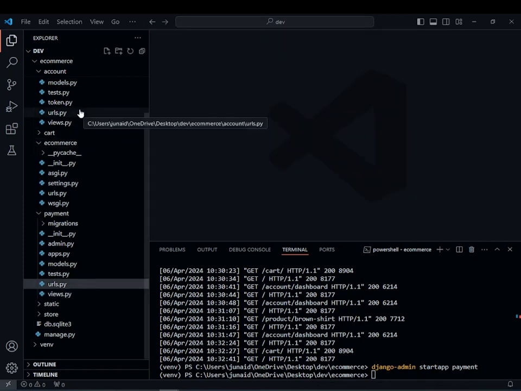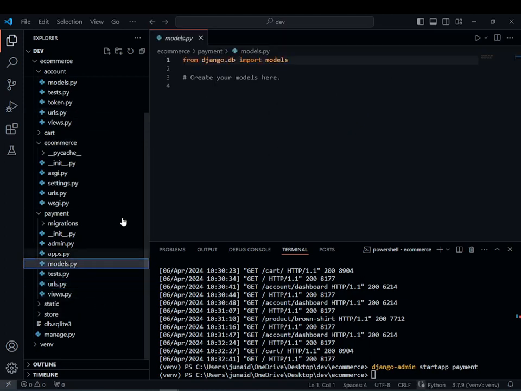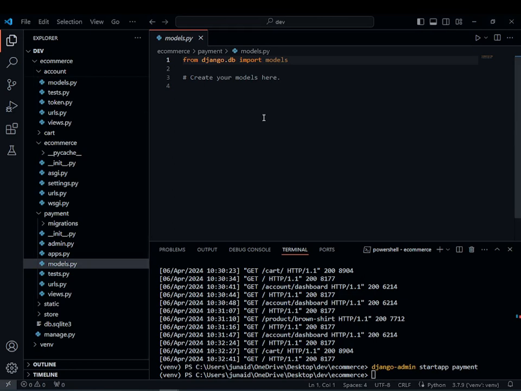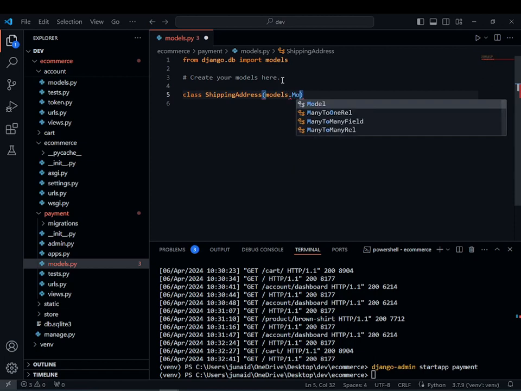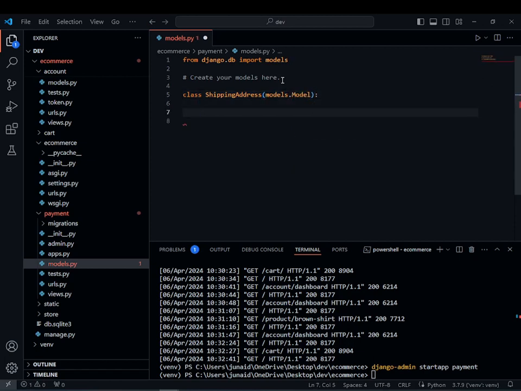And first we are going to create a model there, which will be our shipping address model. So just create there a class ShippingAddress, and it will be models.Model, and in that shipping address we want our user's full name. It will be models.CharField,